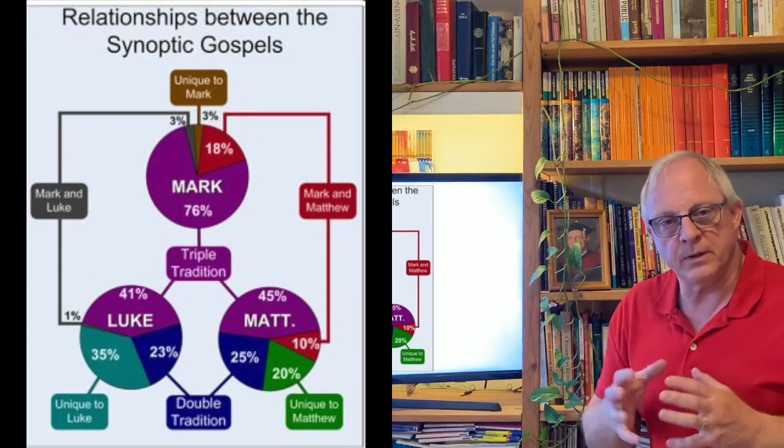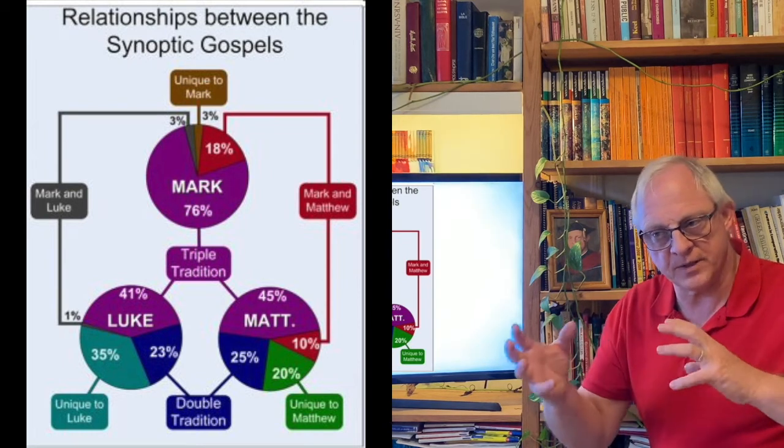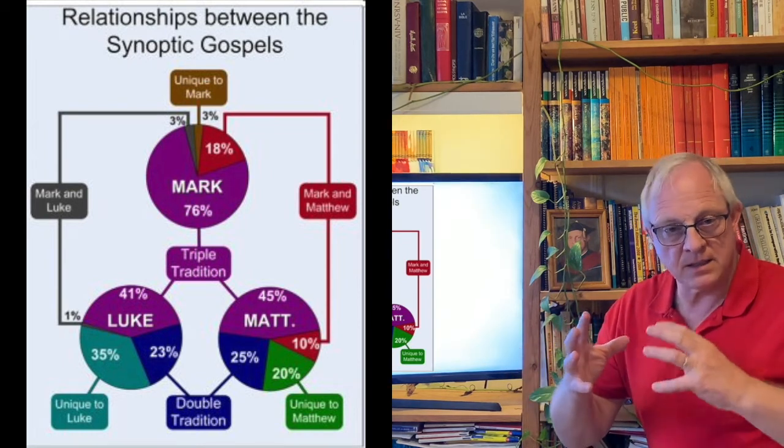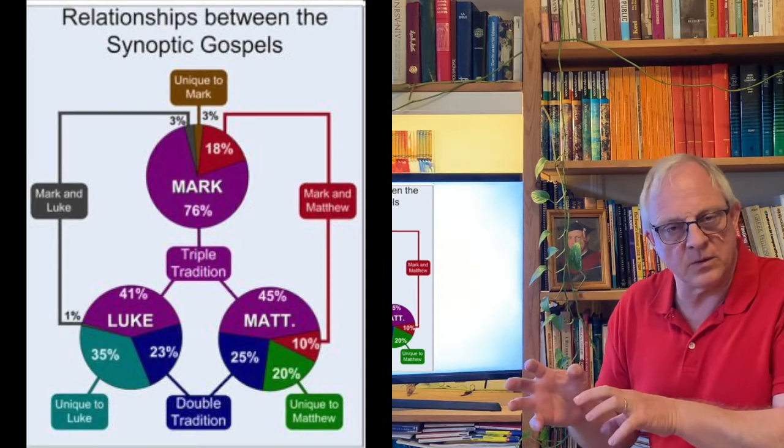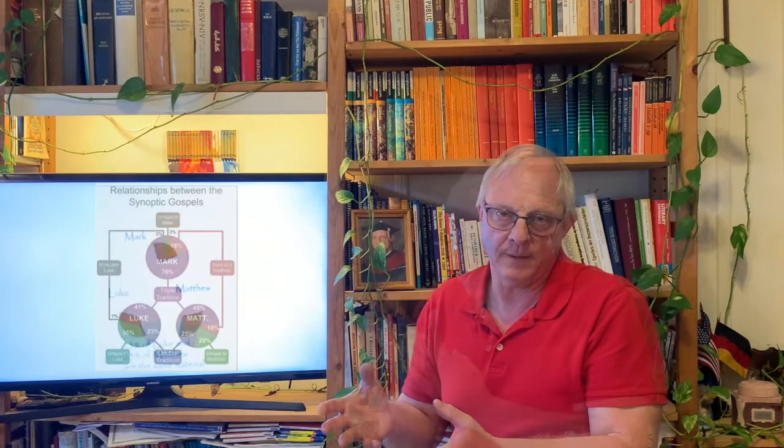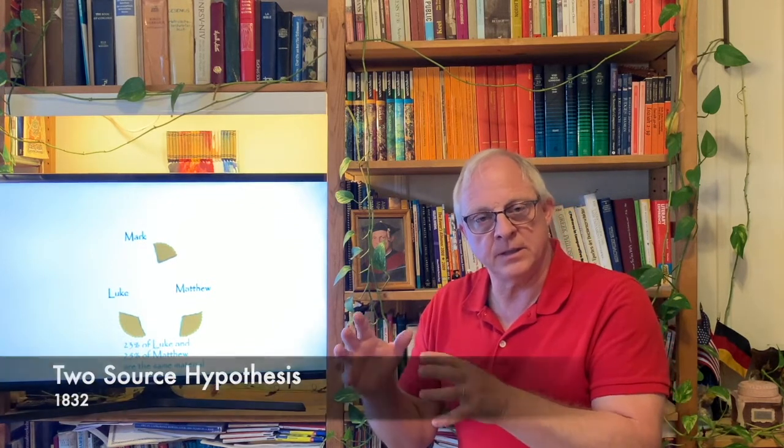And so people were wondering how all these Gospels relate to each other, and why there is extra material that's only in Matthew and Luke, but those are the same things, and where does that come from if it doesn't come from Mark? In 1832, a German biblical scholar by the name of Friedrich Schleiermacher formulated a hypothesis saying that those extra materials that are only in Matthew and Luke come from another oral source. He calls that the Q, from the German word Quelle, meaning source.